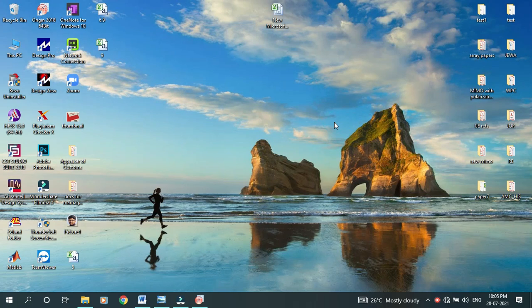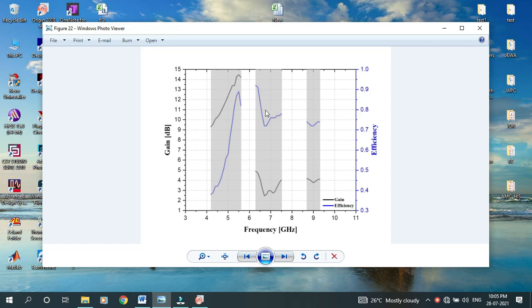So today in this video I will show you how to plot a double Y plot in Origin software. If you don't know what a double Y plot is, I will show you an example. See this plot, this type of plot is known as a double Y plot because there are two Y